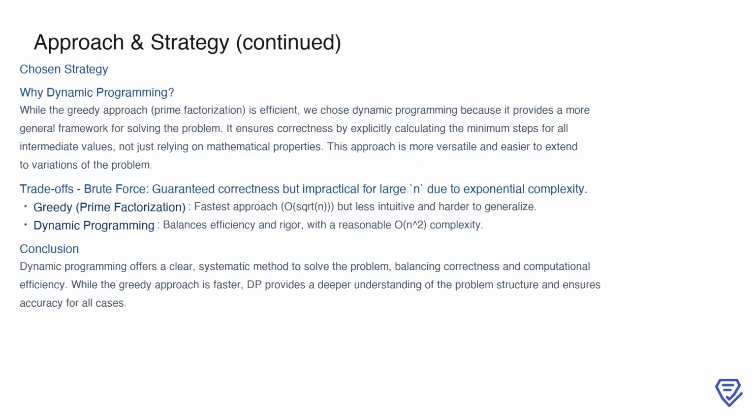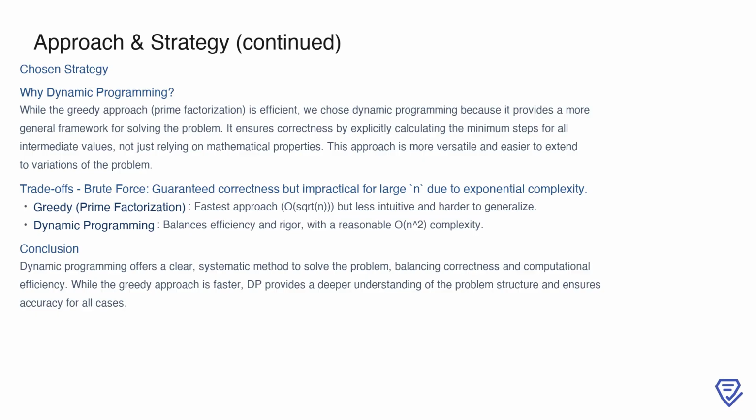In terms of trade-offs, brute force guarantees correctness but is impractical for large n due to its exponential time complexity. The greedy approach, on the other hand, is highly efficient with sqrt n complexity but relies heavily on mathematical properties, which can make it less intuitive and harder to extend. Dynamic programming balances these considerations, providing both computational efficiency and a clear, rigorous approach to solving the problem. With its reasonable n squared complexity, it serves as a robust middle ground, ensuring accuracy while offering deeper insights into